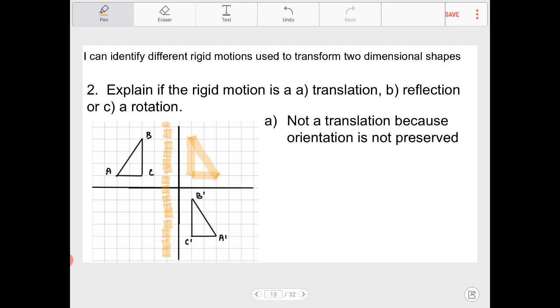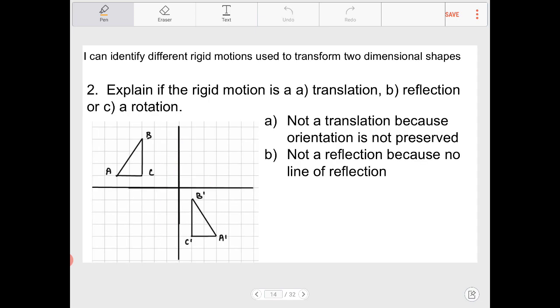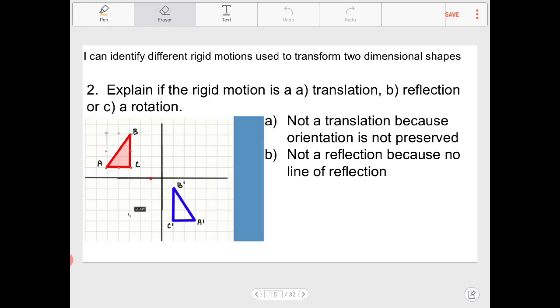So this is not quite a reflection either, because there's no line of reflection between this. Even if we rotated it, if we reflected it over there in that manner, it still wouldn't exist. Okay, so what is this then? In order for us to go from ABC to A prime, B prime, C prime, what would happen is